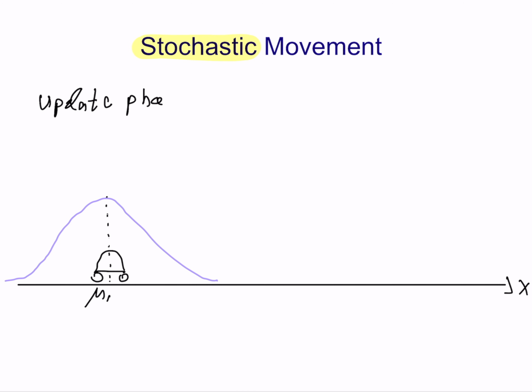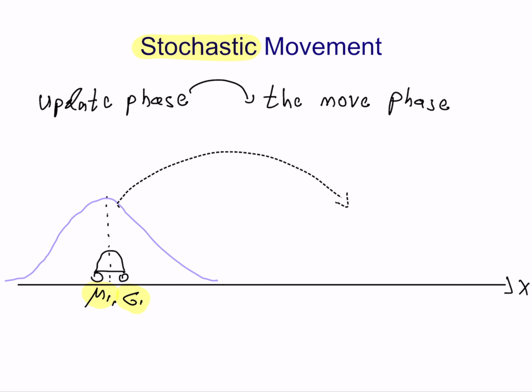Assume that I have a vehicle in a 1D domain and its PDF is a Gaussian around mu1 with uncertainty sigma 1, or if you want, sigma 1 squared. Again, I don't know where the vehicle is, but mu1 is the best guess, or the guess with the highest probability. What happens when my vehicle is now moving 10 meters to the right?